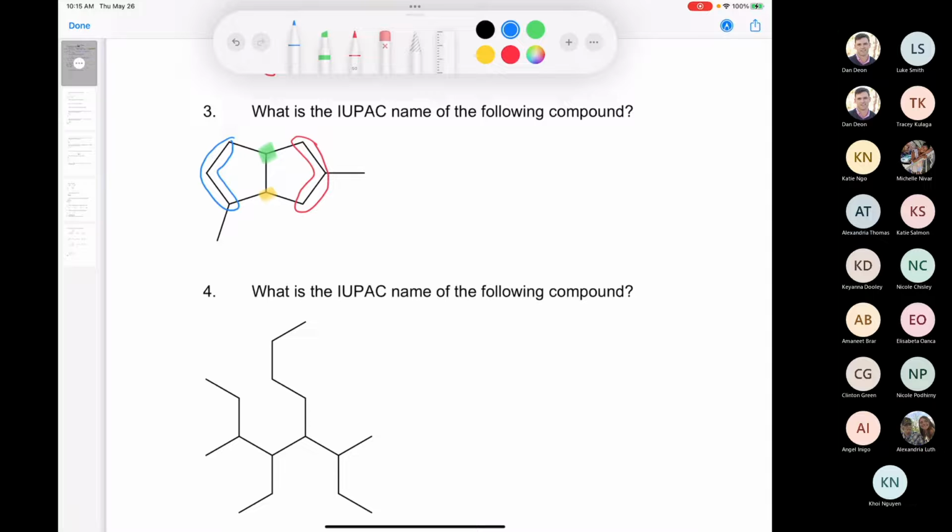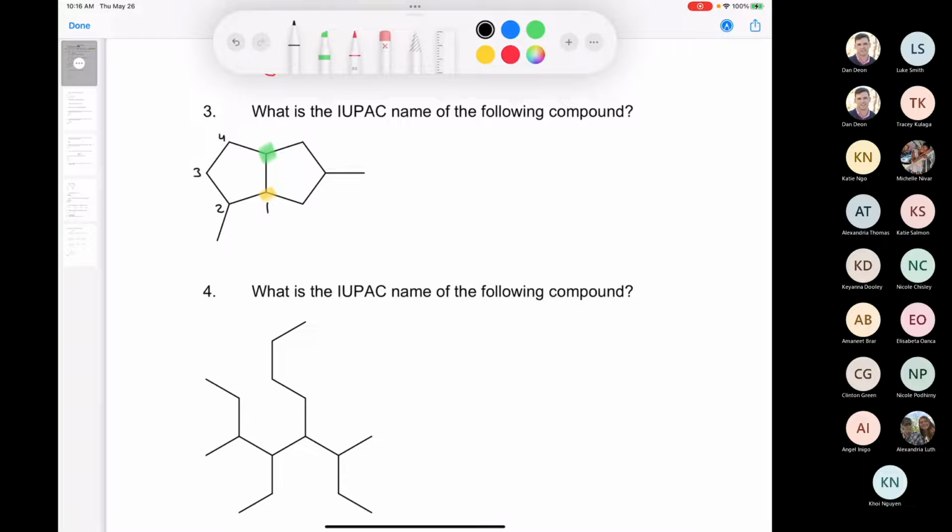It should, exactly, thank you. It should be on the yellow carbon. Why would that be? Because if I start numbering at the yellow carbon, I have 1, 2, and then I have a substituent at carbon number 2. If I had started on the green carbon, I'd have 1, 2, 3, and my first substituent would be at the 3rd carbon. 2 is lower than 3,